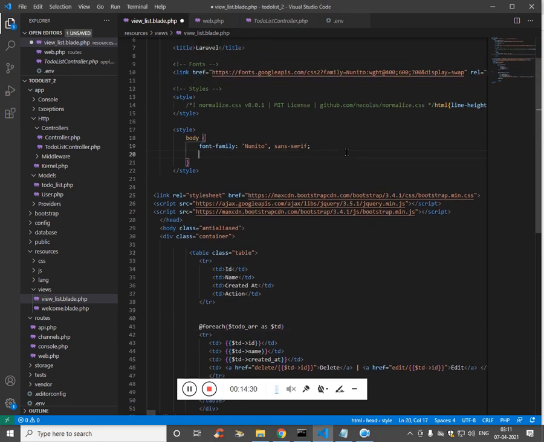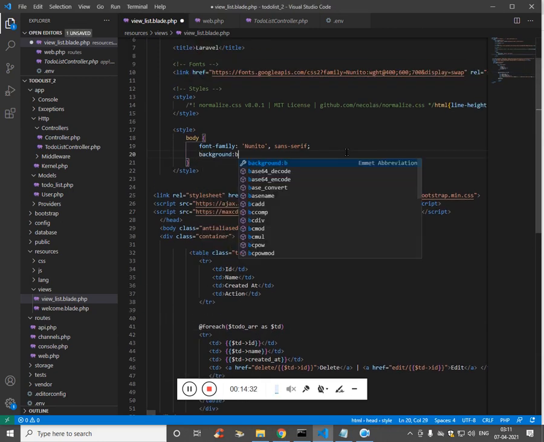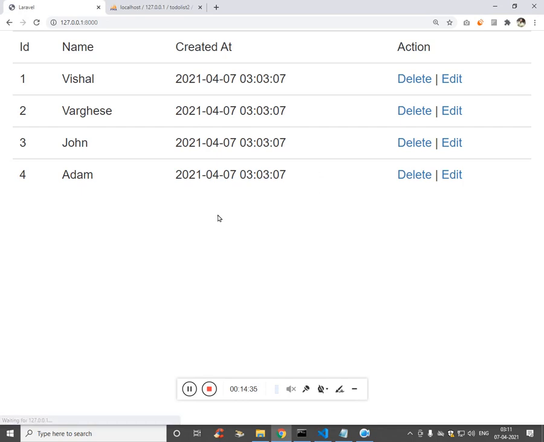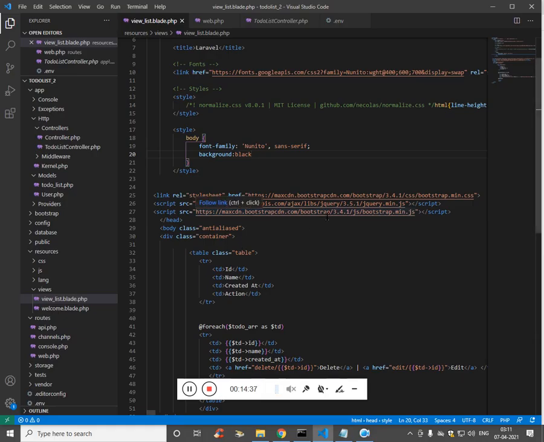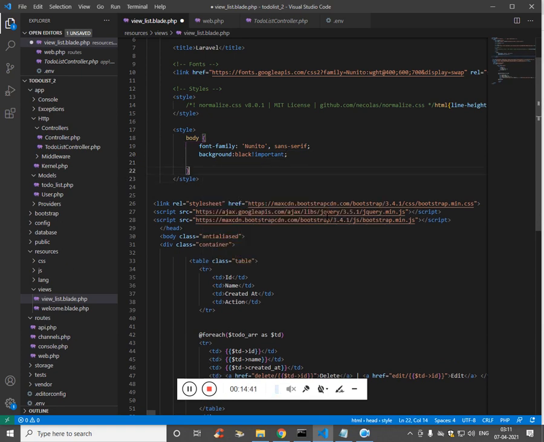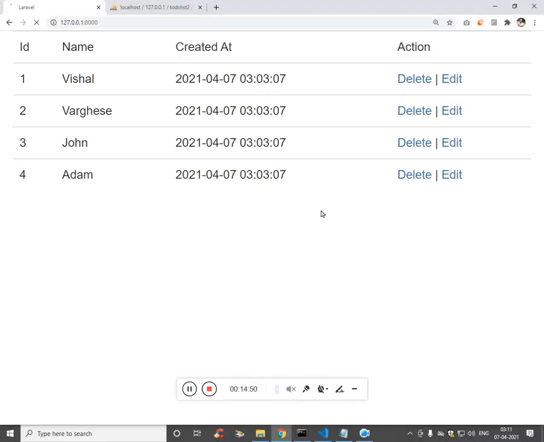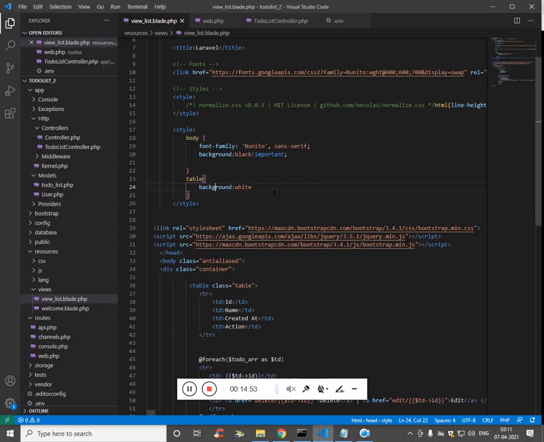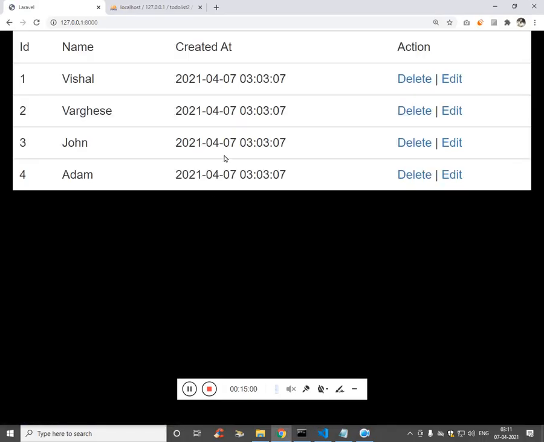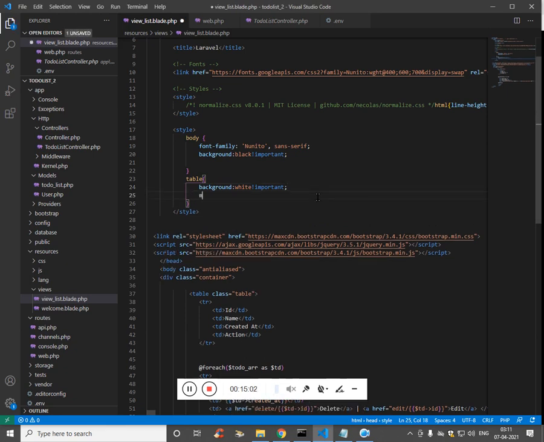Now on the body we want a background of black, since we are using Bootstrap, and the table will have a background of white. Again, important is missing. Fine. Let's add a margin top.